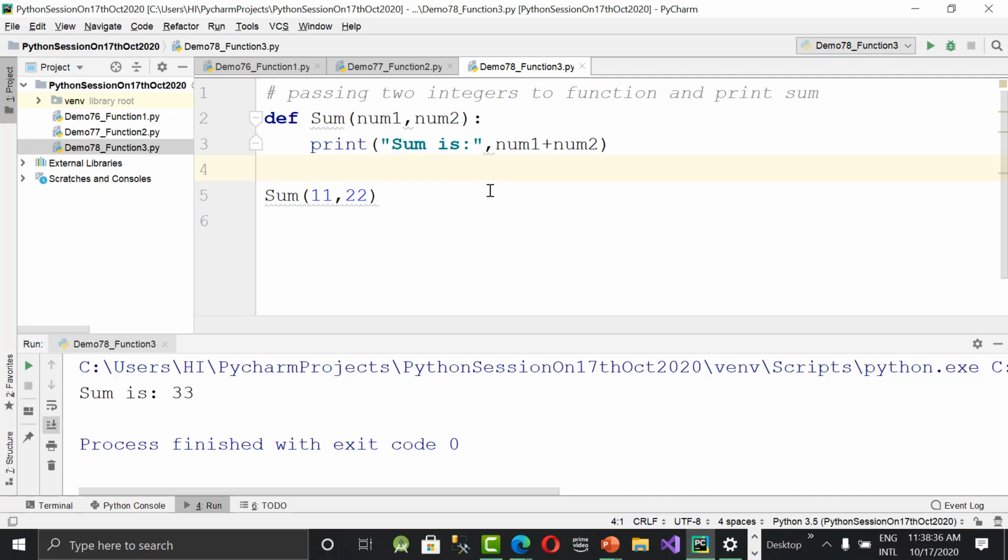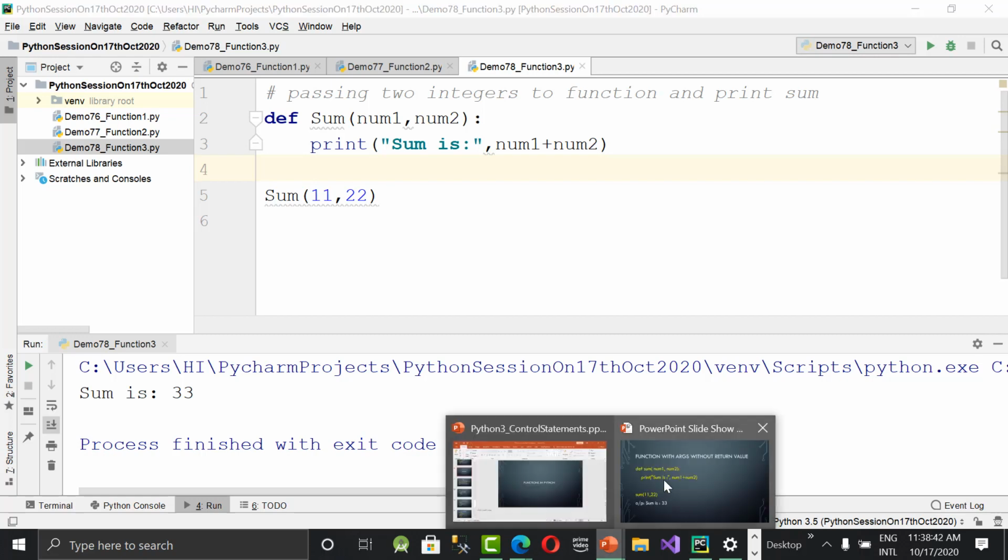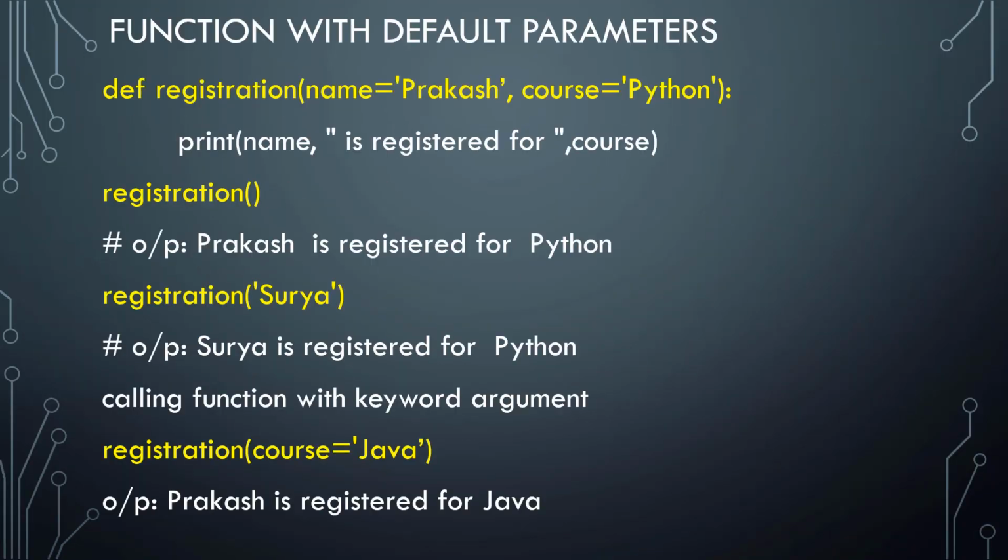Now we'll go to the next example where we are talking about default parameters. This is a little bit new and important as well, because sometimes we'll get errors due to missing some important parameters. There are different types of parameters. The first way is required parameters. That is what I've shown you earlier. Like the hello function I wrote with name. If you're not passing name, I was getting an error. That is said to be required parameters.